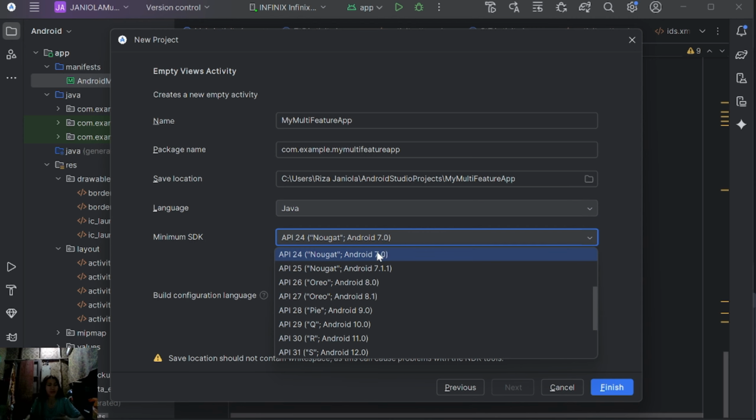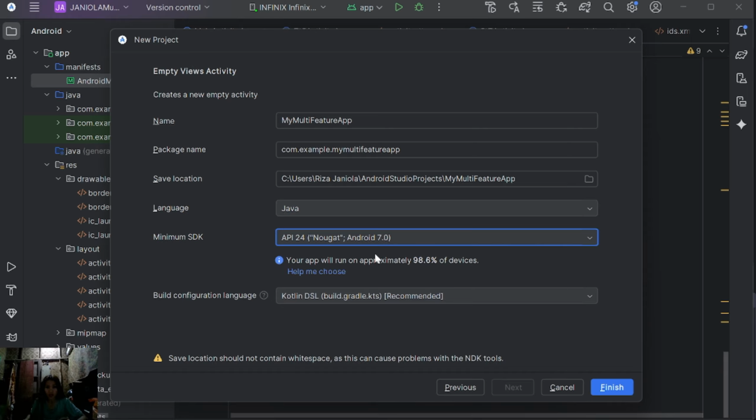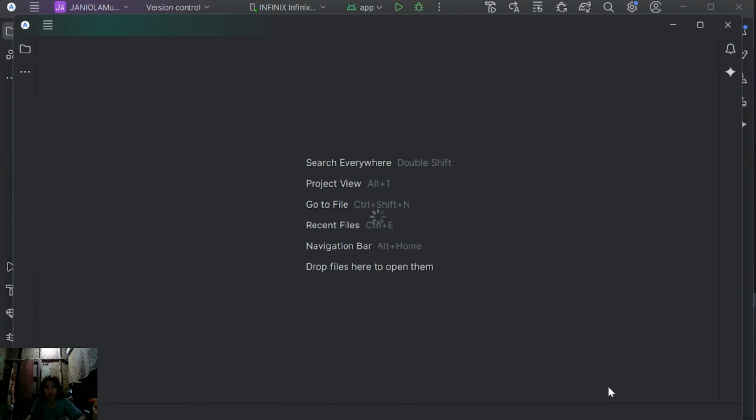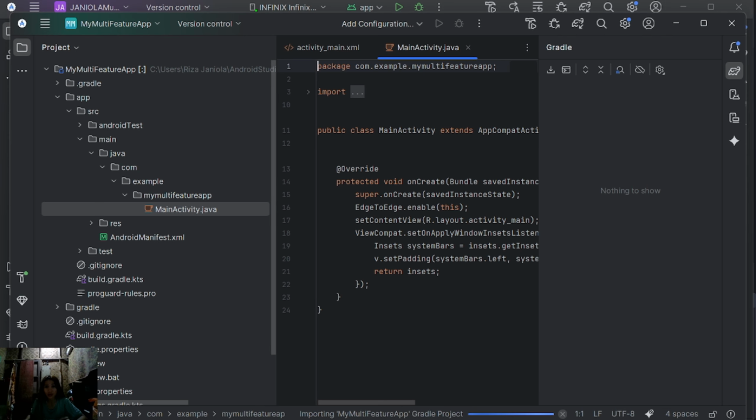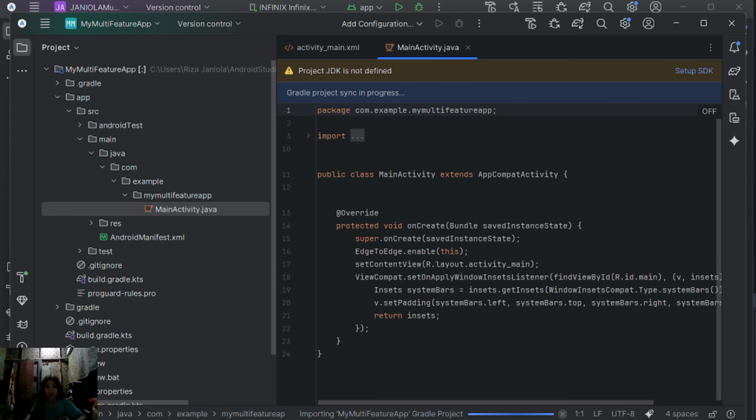So usually API 21 or higher, so I'll just have to choose API 24. So click finish. We'll just have to wait a little bit.